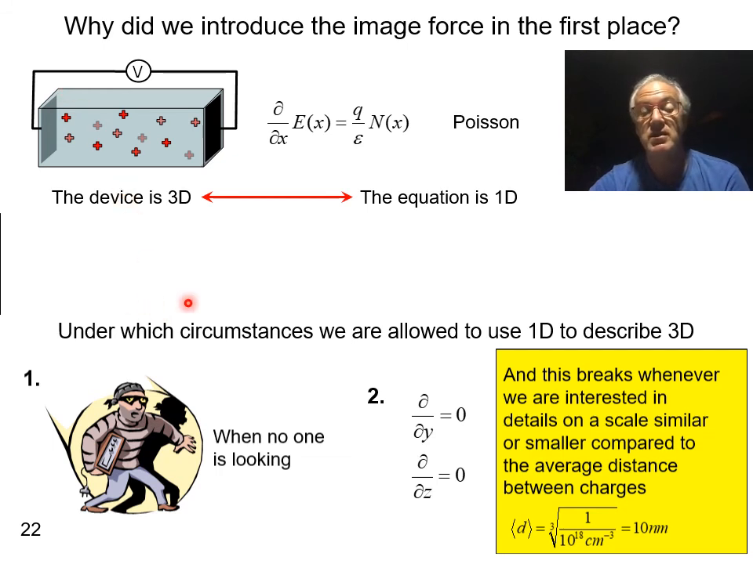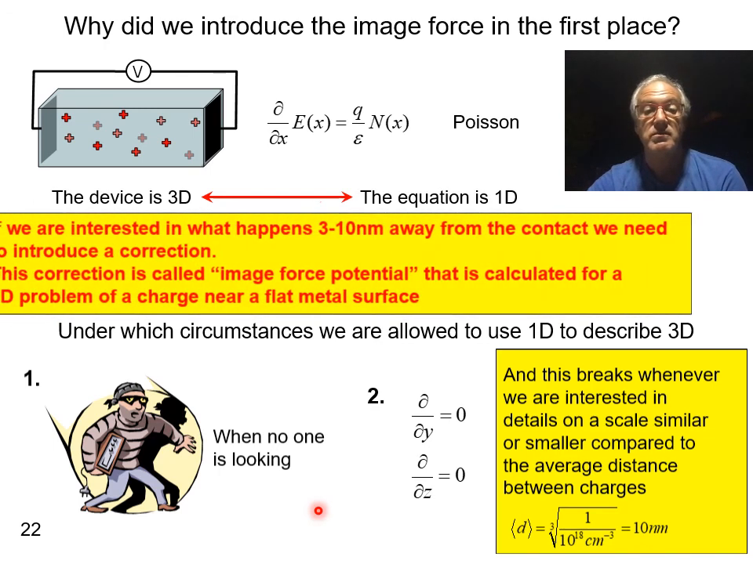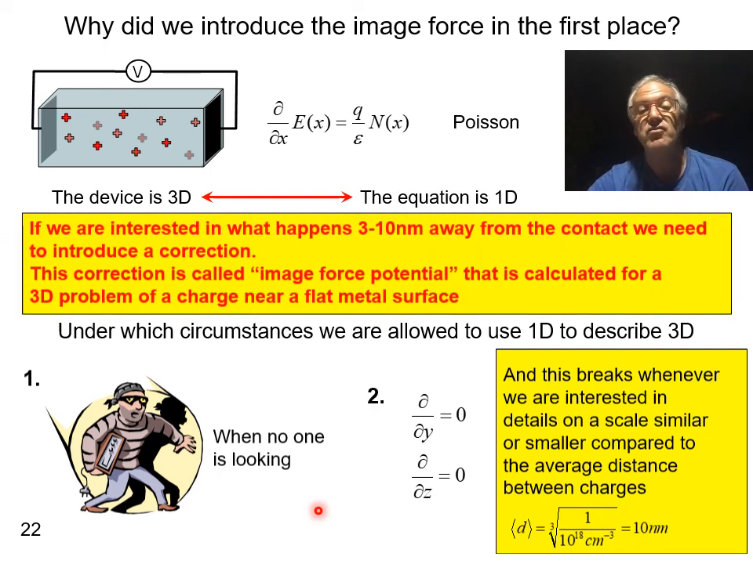So in that case, the assumption that we can use a 1D equation breaks. We really need to take into account the fact that we have separate charges when we are getting really close to the metal. So really, if we are interested in what's happening pretty close to the metal, and that's where the injection barrier is going to be, then we really need to account for these